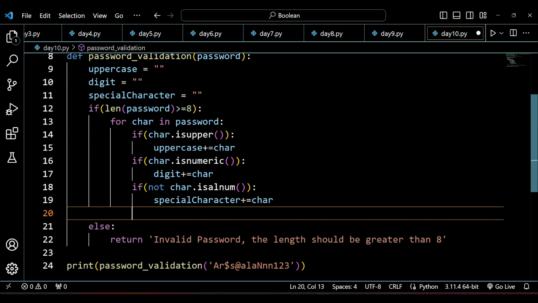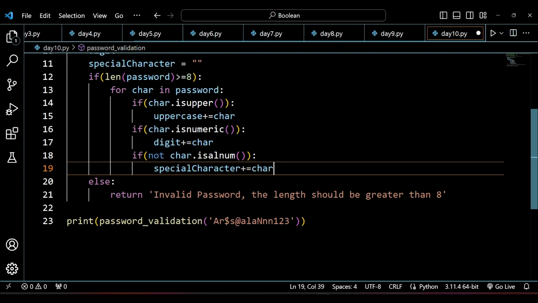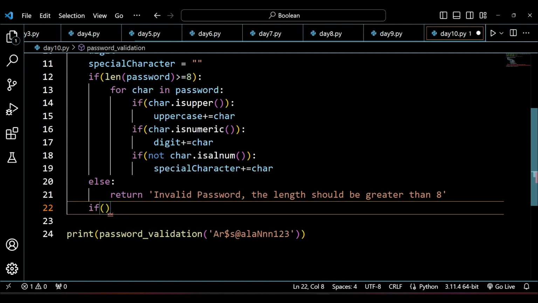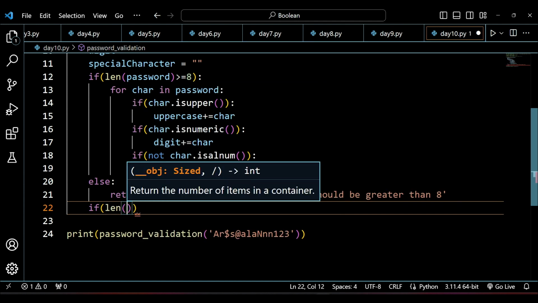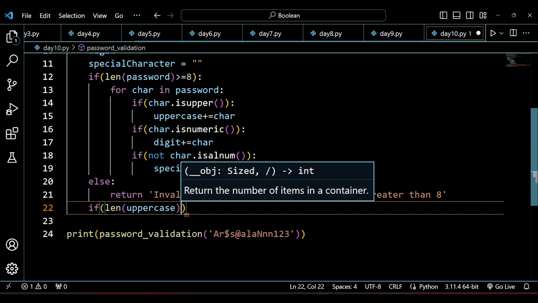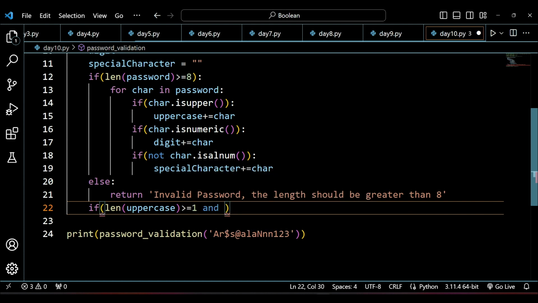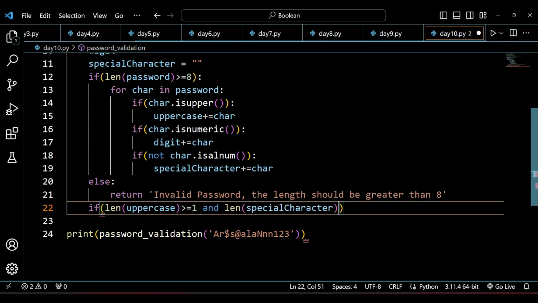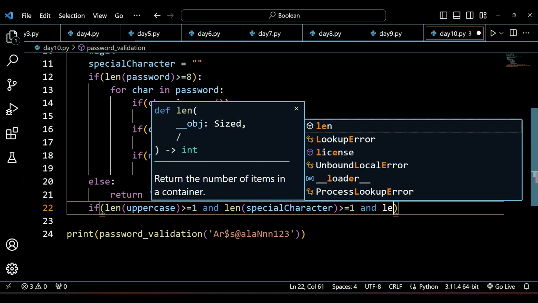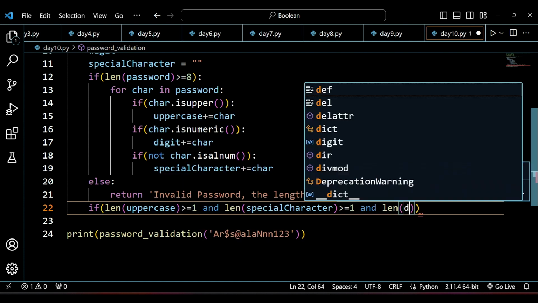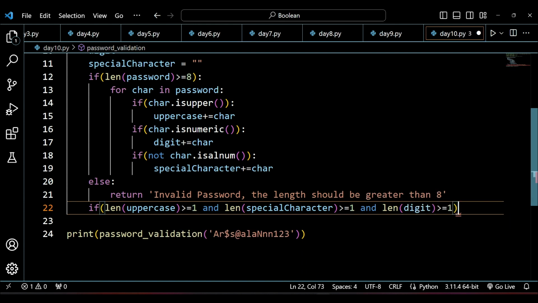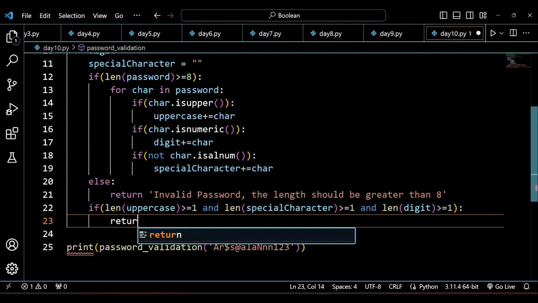So for that I can write an if condition here, just after this: if len of uppercase is greater than or equal to 1 and len of special character is greater than or equal to 1 and len of digit is greater than or equal to 1, then return me what? Return me